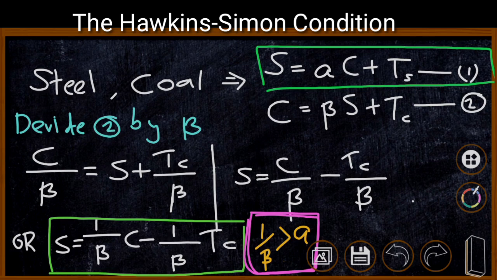This is termed as Hawkins-Simon condition. Therefore, we can say that Hawkins-Simon condition is simply showing the non-negativity solution to an input-output problem. If the values are negative, it does not provide us a proper solution. Therefore, the values, or input requirements and output, must be non-negative. Non-negative means it may be 0, but it must not be negative. This is the Hawkins-Simon condition of input-output analysis. This is simply a mathematical property of straight lines.